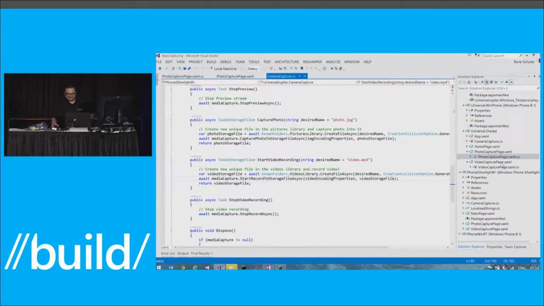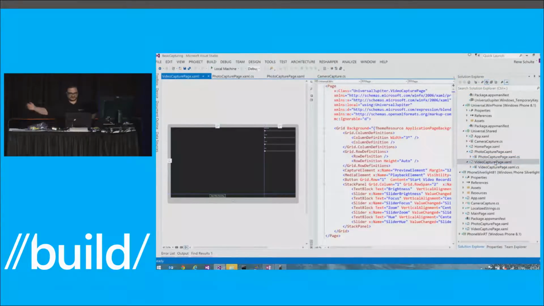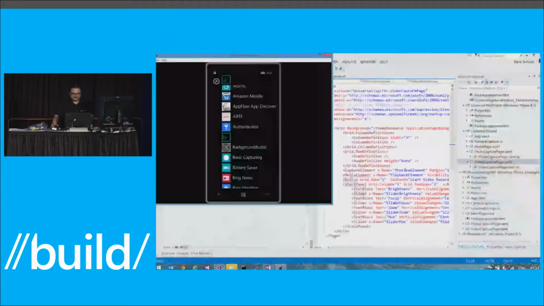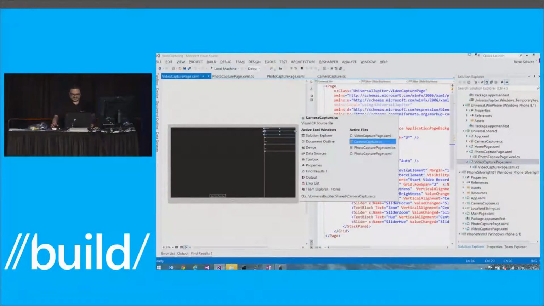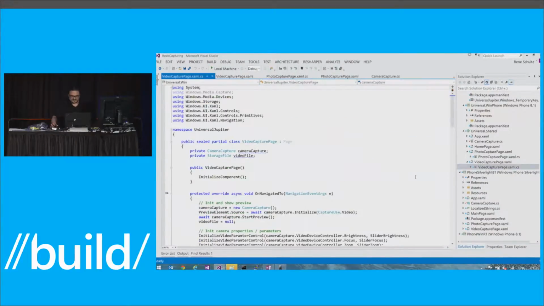So how does this work? Capturing video is not much different, actually. We have this video capture page, the page I just showed you. It has the camera capture element, like the photo capture page, and we have a stack panel with a couple of sliders in here, which allow you to manipulate the parameters in real time. And we can see the code in here. In OnNavigatedTo,